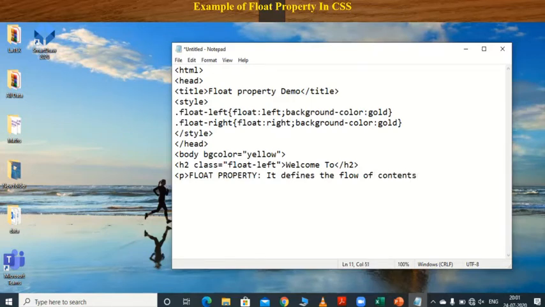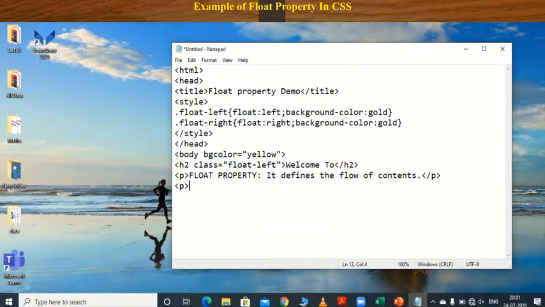Okay, flow of contents, full stop, then close here p tag, then another open here p tag and write down